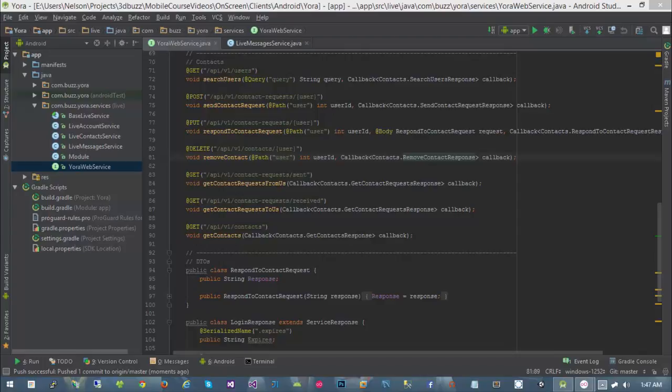So next up, let's go ahead and implement our messages service. Now we will have to add some new API calls to our web service, and these will actually be the last API calls we need to add, and we need to implement the service itself so that it dispatches them. But in addition to that, we're also going to have to do something in our message activity, because I lock